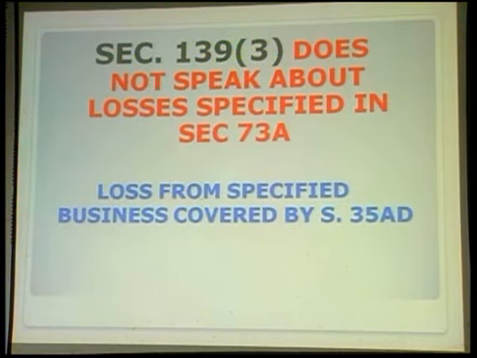Okay, what are all the sections which this 139(3) is covering? This subsection is also not speaking about the losses which are specified in section 73A. So the conclusion is that it is not a precondition that the return of income should be filed within the due date specified in 139(1) in order to enjoy the benefit of carry forward of the losses covered by section